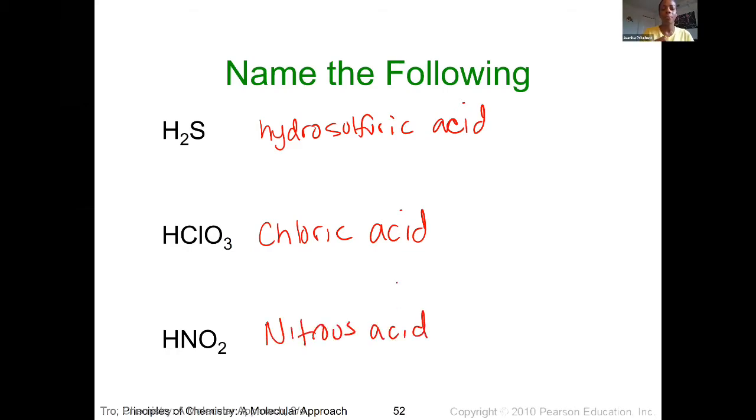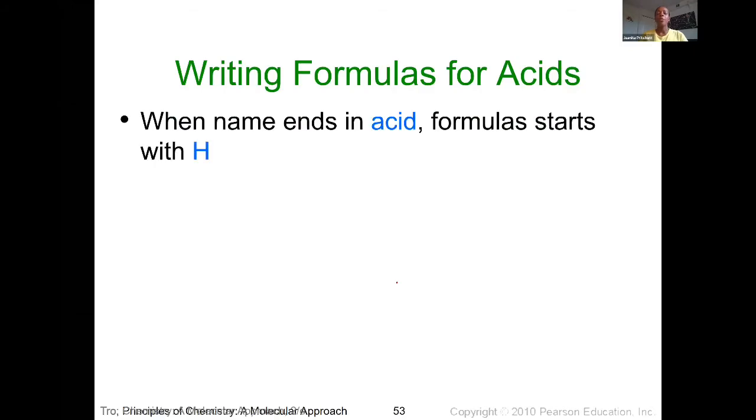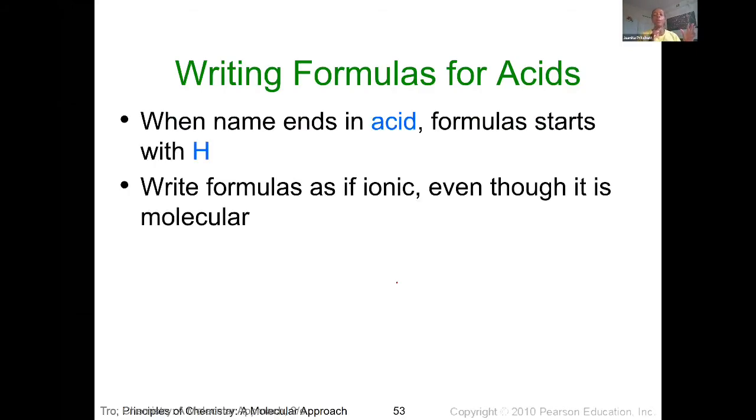Now, similarly, if we can get the name from the formula, we can also get the formula from the name. And so when we're writing the formula for an acid or predicting the formula for an acid, remember it's going to start with a hydrogen, H. And we're going to treat it like it's ionic. And so we're going to be assigning charges and crisscrossing down, remembering that that hydrogen takes on a +1 charge. If you don't remember your polyatomic ions, head back to chapter 3, where I discuss polyatomic ions and how to